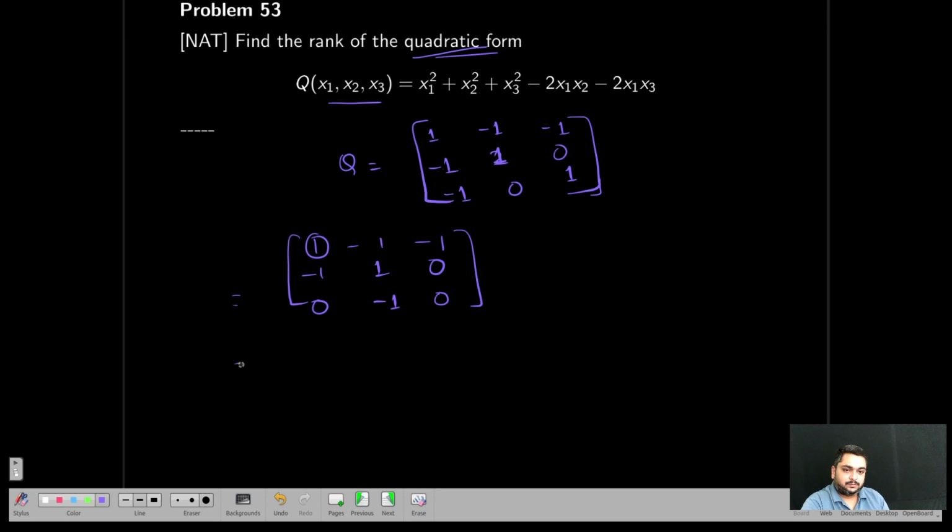So this will be 1, minus 1, minus 1. This becomes 0, this also becomes 0. This is minus 1, 0, minus 1, 0. Can I further reduce it? I cannot further reduce it. So this is the highest form. So there are 3 rows which are independent. So rank is